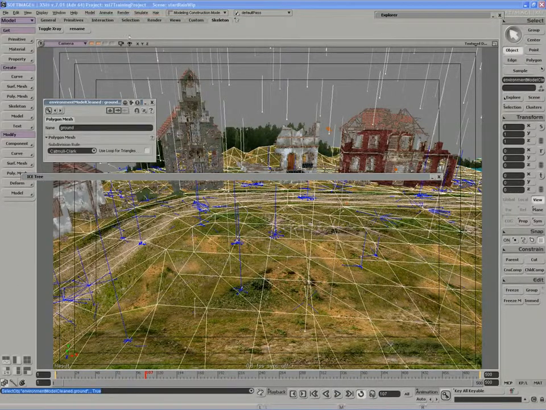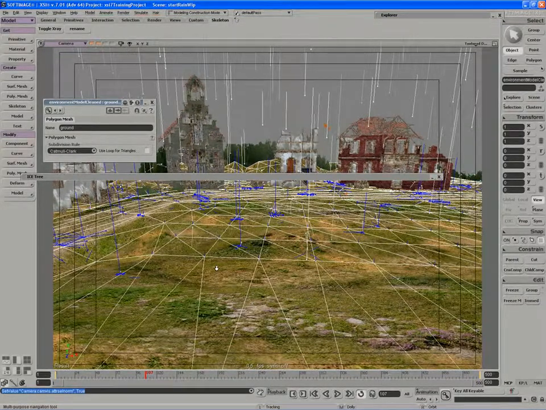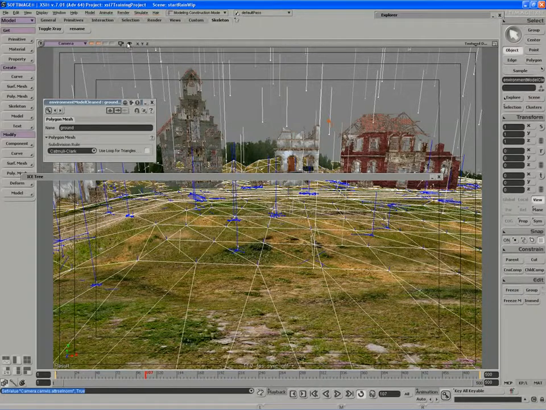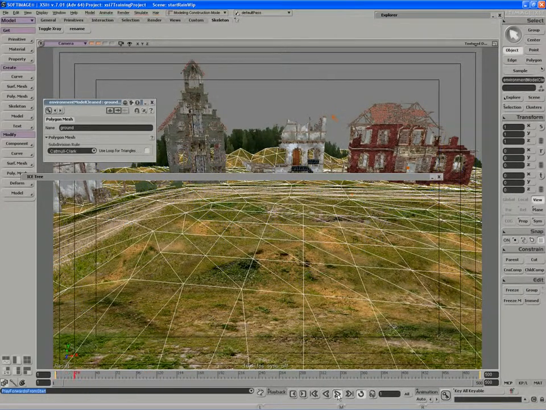If we have a look at our grid and we use our eyeball tool and have a look at the surface normals, we can see the normals are pointing upwards. So our particles are actually going to spawn and create a bounce. And because gravity is acting upon everything,